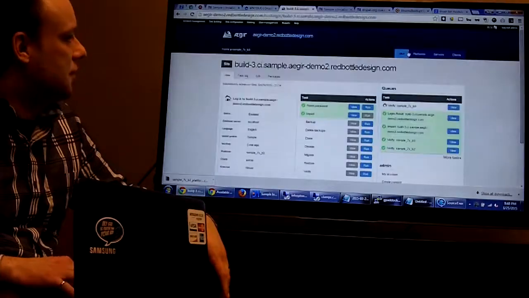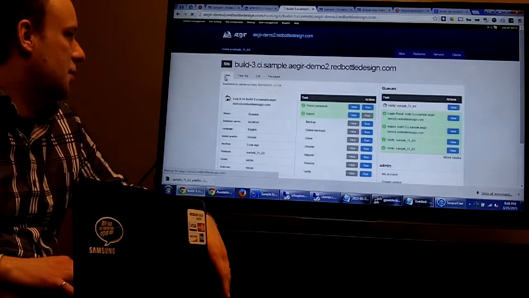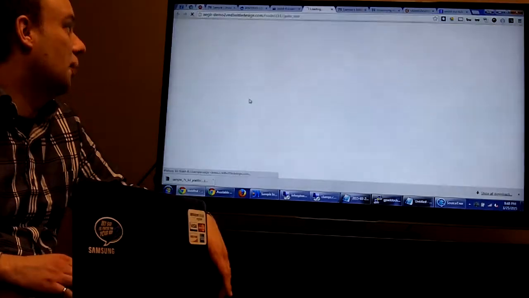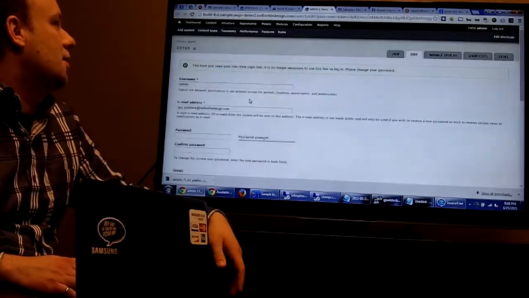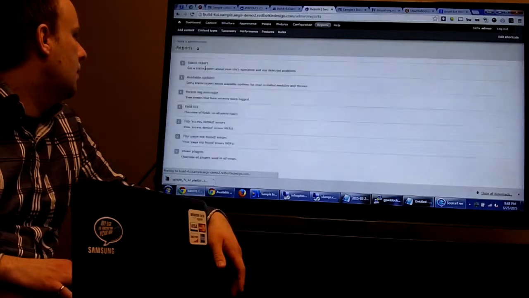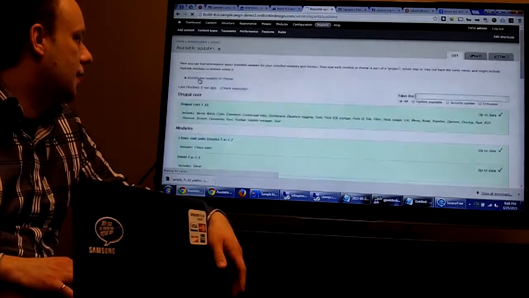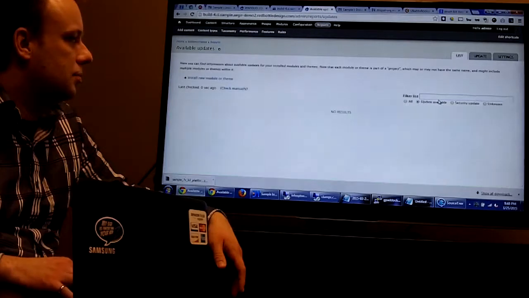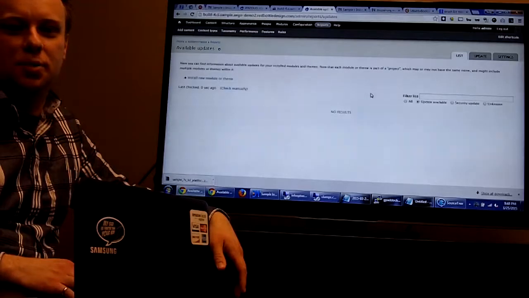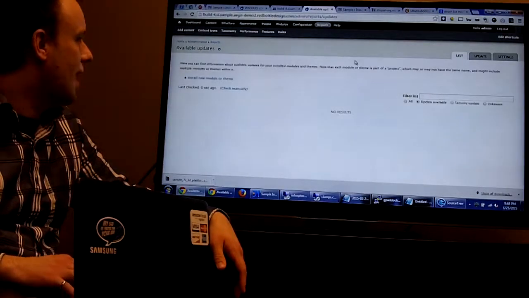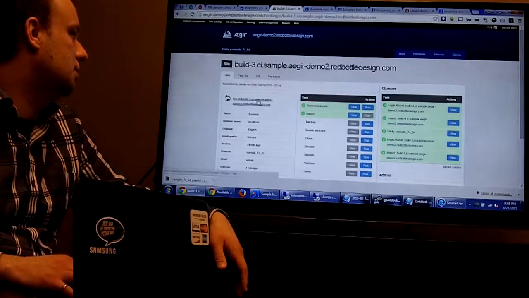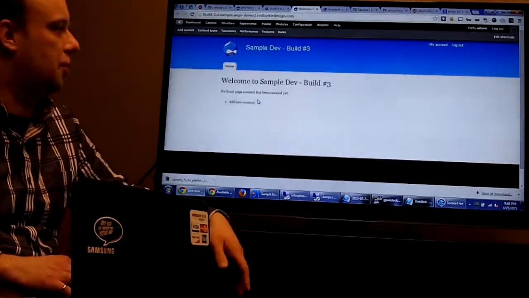If I go back to Hostmaster and refresh the page here, there's my build 4. I can click on that, and I can click on log into build 4. There's my build 4. And if I go to reports now and go to available updates, I should not have any available updates. So it looks like my updates were successful and didn't break the installation. And I still have the previous build. If I wanted to poke around with it for whatever reason, I can go back to it. It's still there too. They're both there. Build 3,